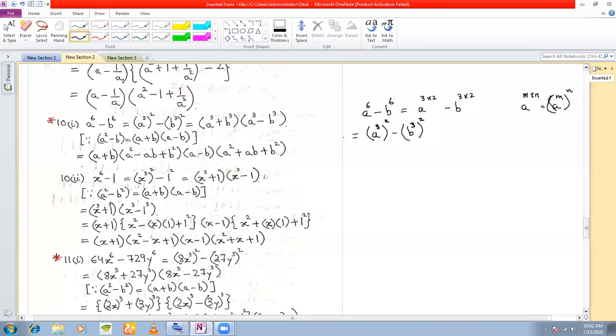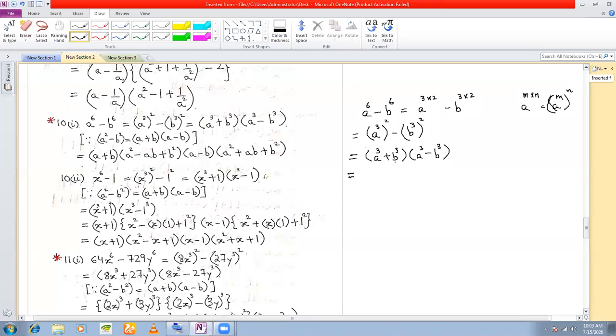It's not that it will not work out the other way. It will be a little easier for us because once I write it as a cube whole square, this can be split as a plus b into a minus b. This is the difference of two squares, right? So this can be written as a cube plus b cube, which is a plus b into a cube minus b cube, right or not? Can I write by difference of squares formula? Yes, sir. So this is the main convenience of writing a cube whole square instead of a square whole cube.